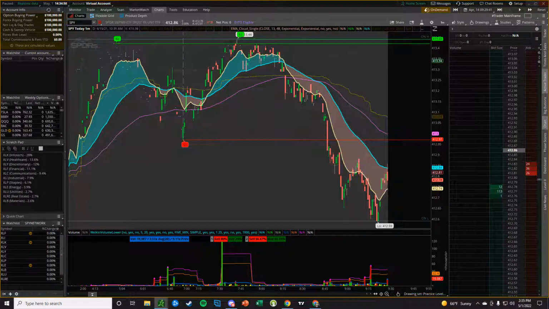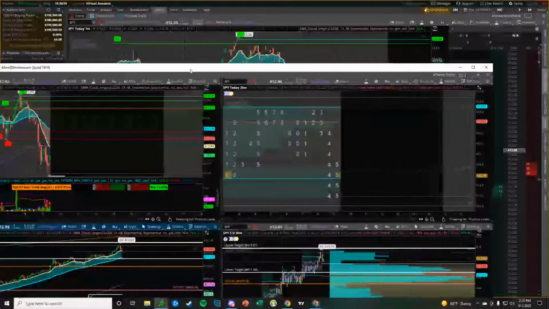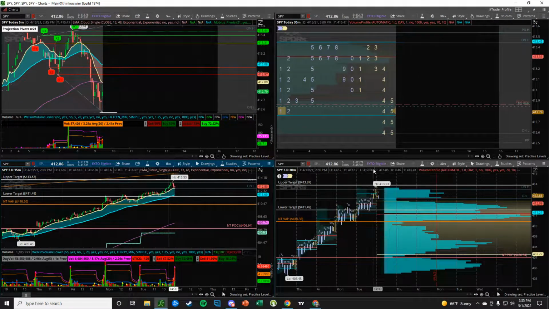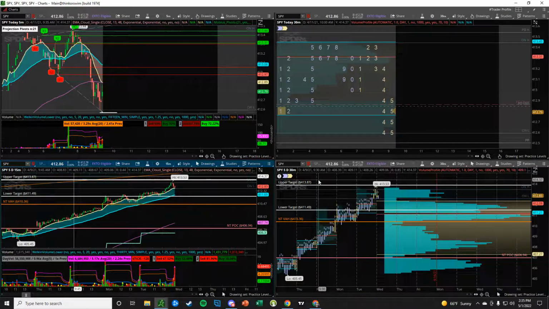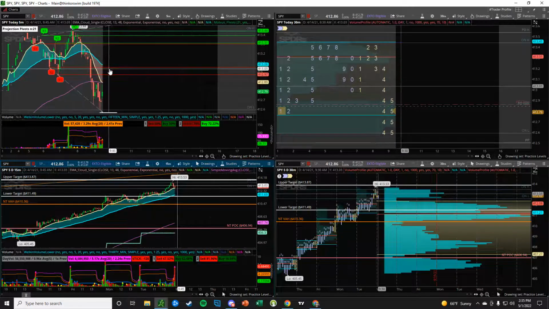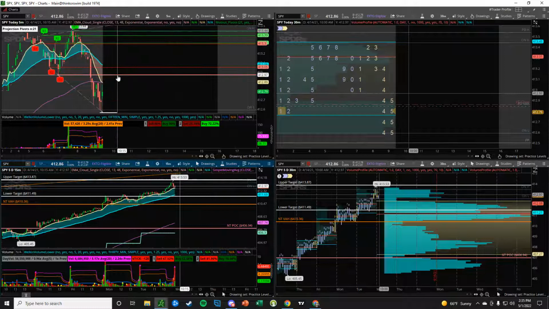Cool. All right. So before we start off the day, I'm going to go over my other chart because it's one that you guys won't be able to see readily as we're going through this. So this is my quad trader profile. Real quick, just to show you what's going on here. We've got a 5-minute chart where I'm running my wolf wave study, which gives me quick drawings based off of,